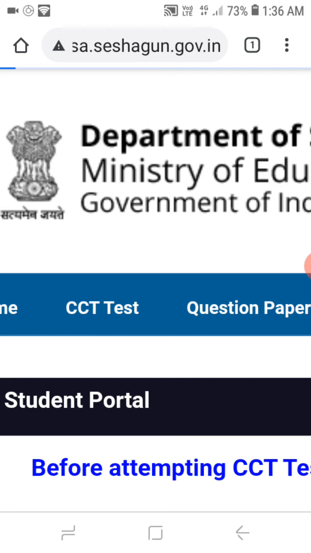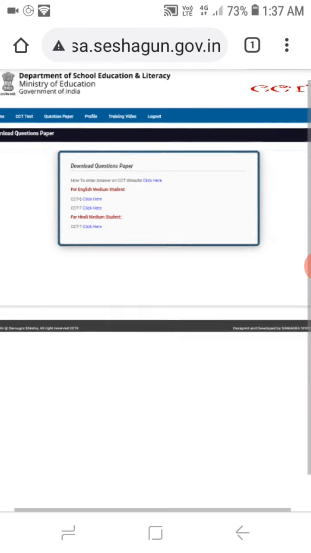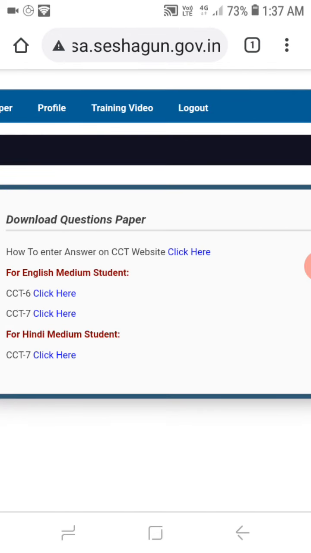The question paper will be in PDF format. Make sure that a PDF app is on your mobile, any Acrobat, Adobe or Google PDF. If you do not have any PDF app, better to install one from the Play Store, Google PDF. You can find many apps if you type PDF.